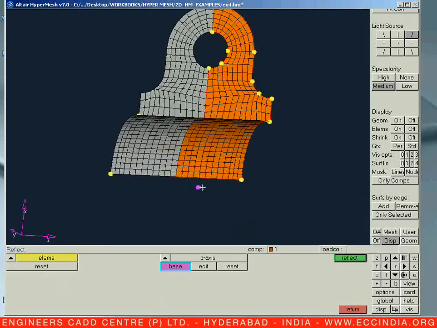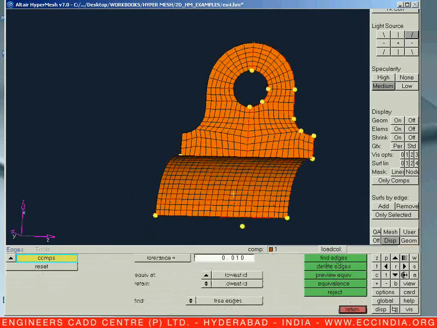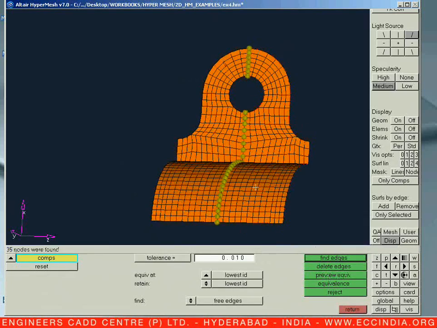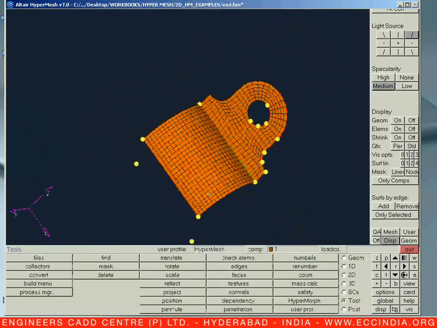Now we can see it is reflected on the opposite side. So it is reflected over here. Let us say shift F3, preview equivalence. It is needing an equivalence over here at a reflected line, and just say equivalence.